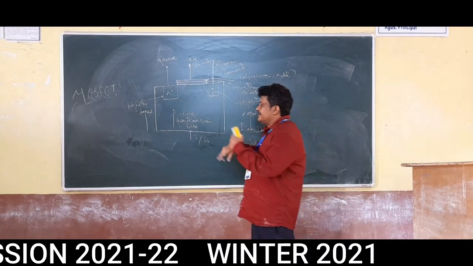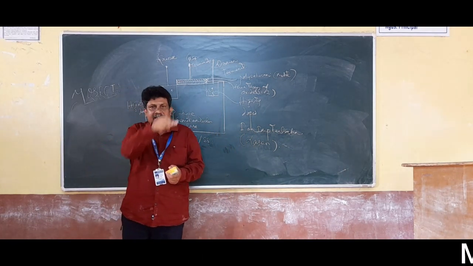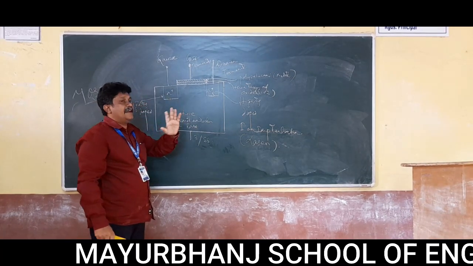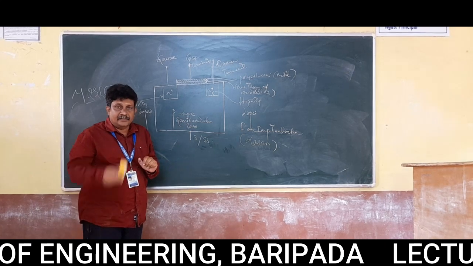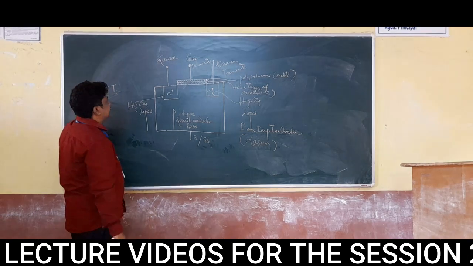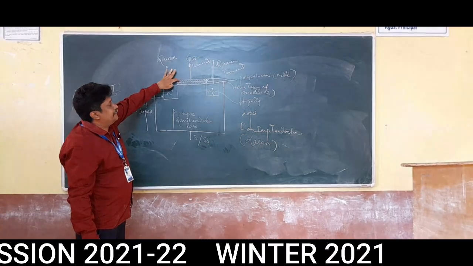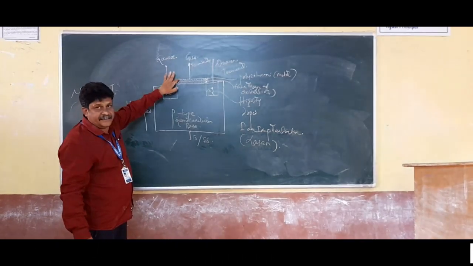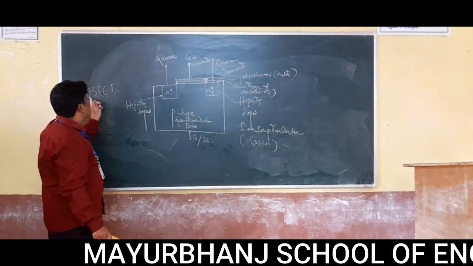If you consider all the points in a serial manner, we can tell that this is known as metal oxide semiconductor field effect transistor. So now we will see how. First one is metal. You see in the diagram, a metallic layer is present. Yes or no? Yes. Metal oxide.